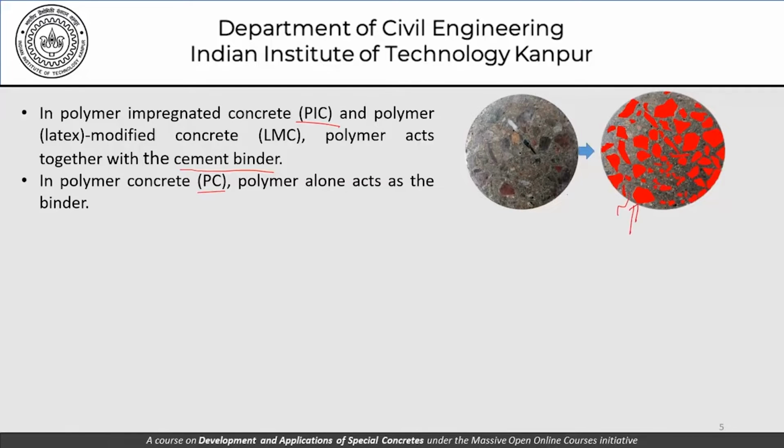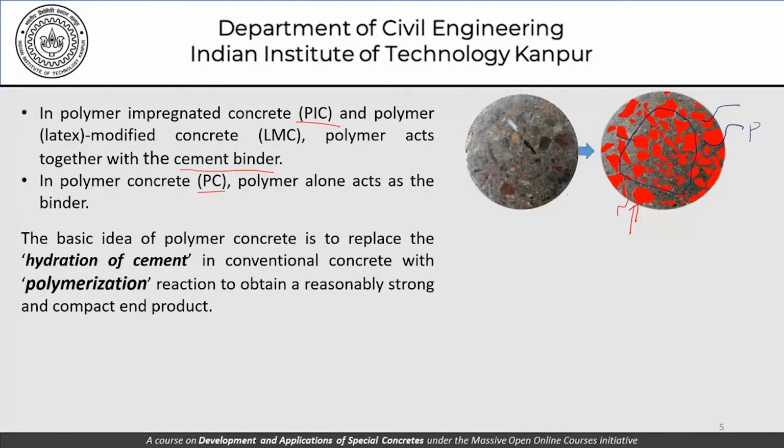we'll get polymer concrete. We have only a surface layer here, which has been impregnated by polymers from outside after this concrete has hardened. Then we get polymer impregnated concrete. And as far as LMC is concerned, the concrete has polymers all over the place. So the basic idea of polymer concrete is to replace the hydration of cement in the conventional concrete with polymerization